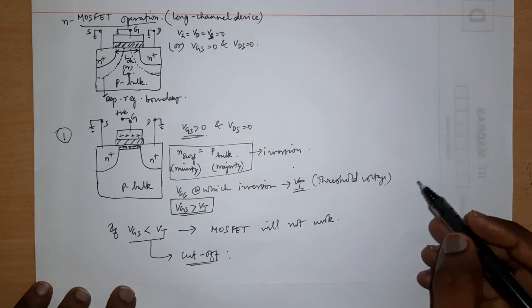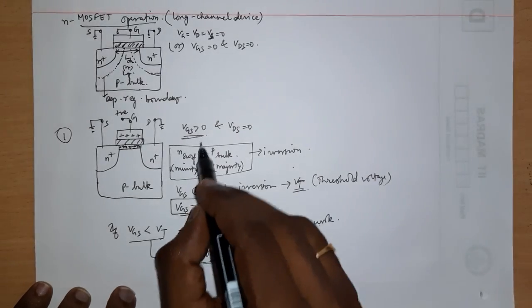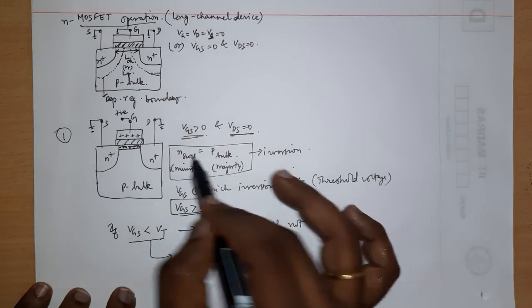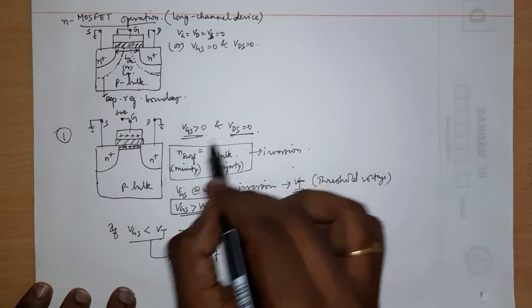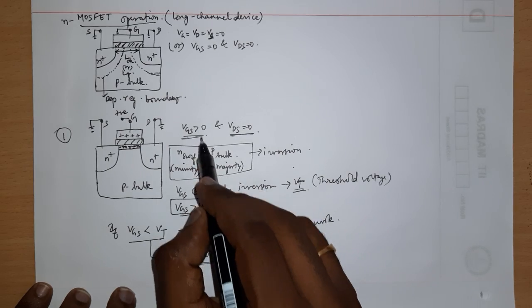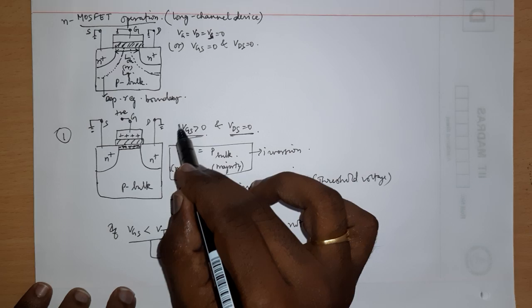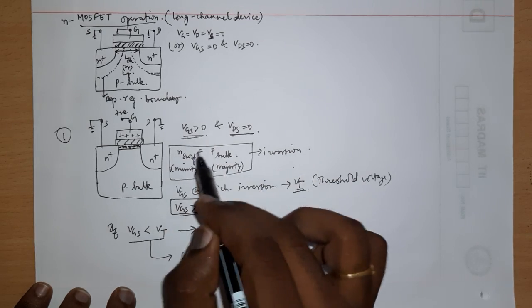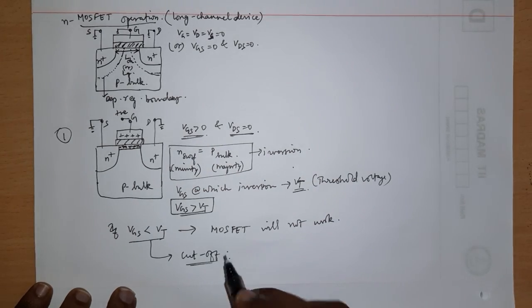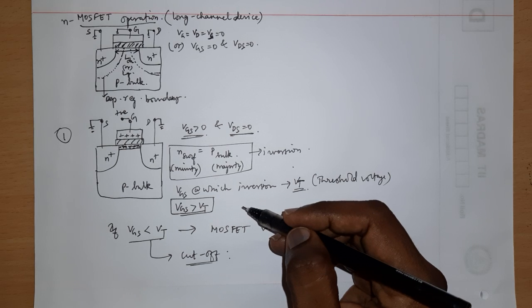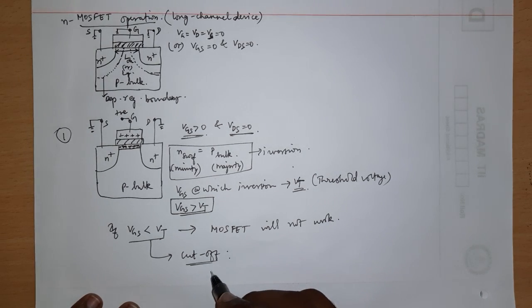Okay, so now what happens? See, for what we have done, we still kept VDS equal to 0. That means you cannot really get any current as such, because the lateral electric field is anyway 0. But then we have defined what should be the minimum value of the vertical voltage which will result in the vertical electric field, right? And that minimum value should be the threshold voltage. And if you don't have that minimum threshold voltage, then you are going to call your MOSFET as operating in the cutoff region. Okay,